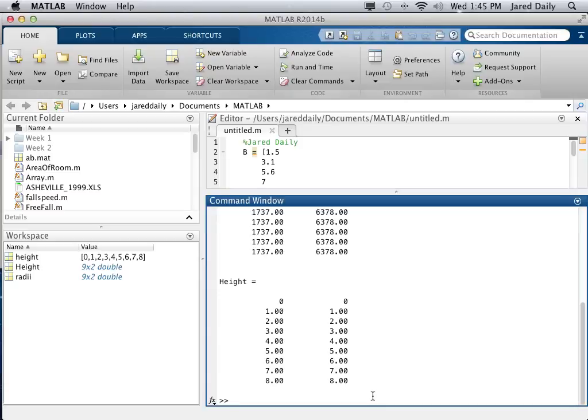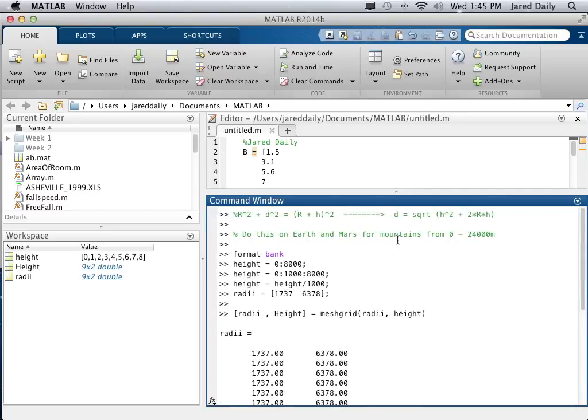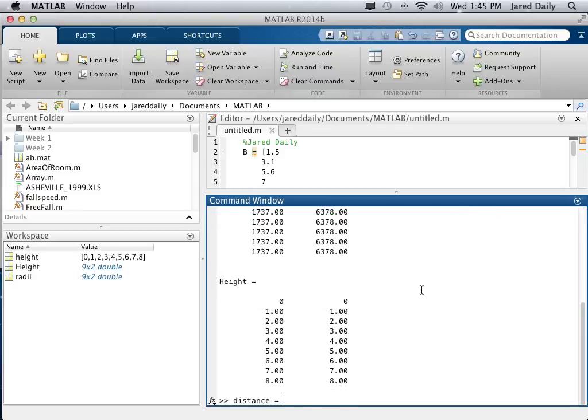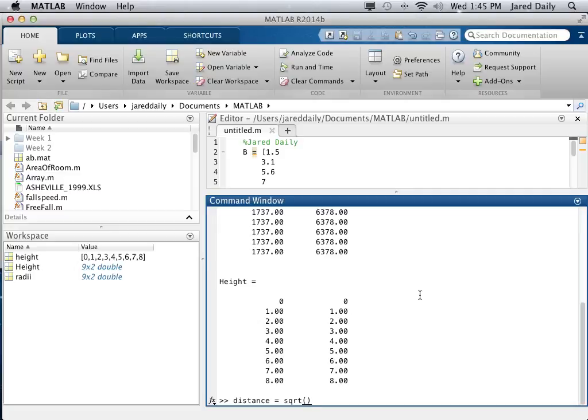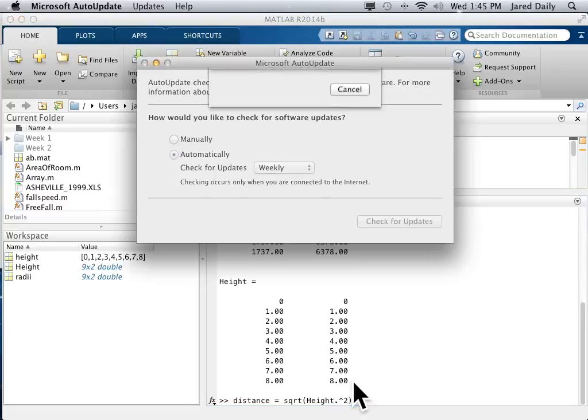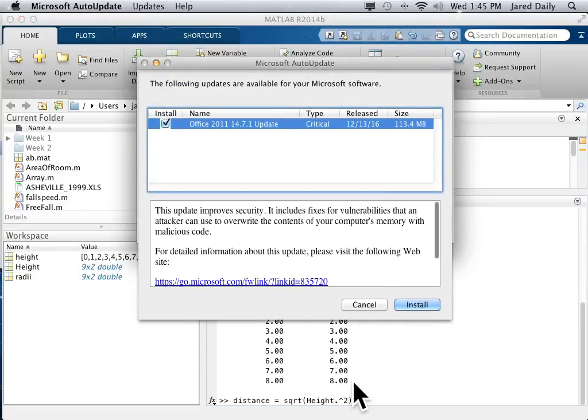And we're going to do more than that because we have more than just one calculation to do. Remember our formula up here, distance equals a square root of something. So we're actually going to have to do a square root. So our distance equals the square root of, what is it equal to? Height squared. So we're going to take our height, and that's capital H-I-G-H-T because we're using this big thing here. And we're going to square this element by element. So height dot squared. And then we're going to add this to,